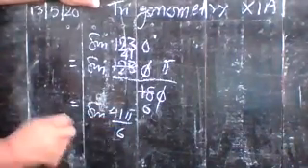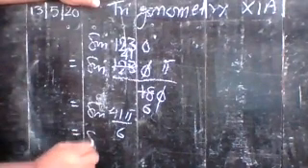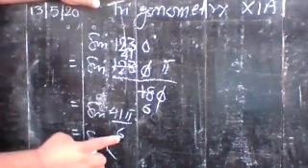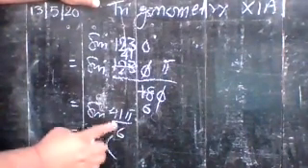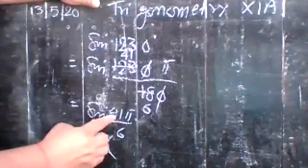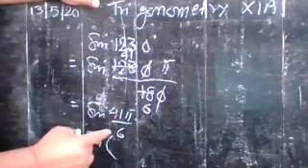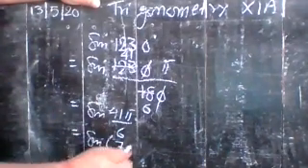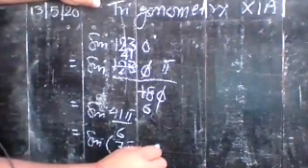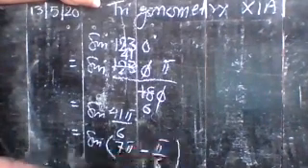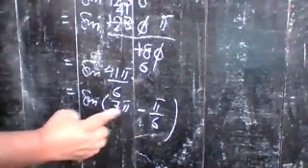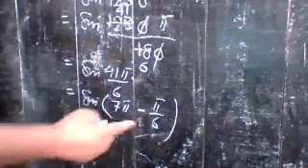Now divide it. If you take 6 pi, you see that your remainder is more than that of 7 pi. So this can be written as 7 pi minus pi by 6. You can write it in this way. Just check it: 7 pi minus pi by 6. 6 sevens are 42 minus 1, so you have 41 pi by 6.